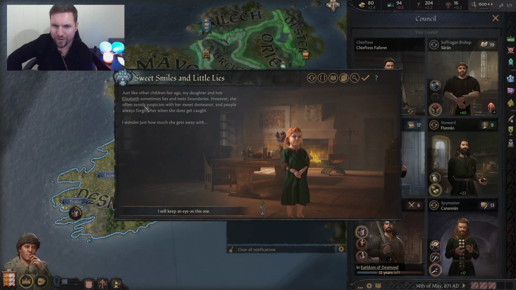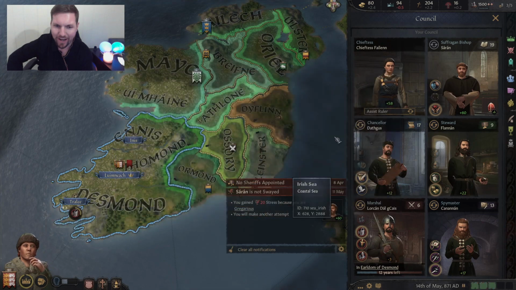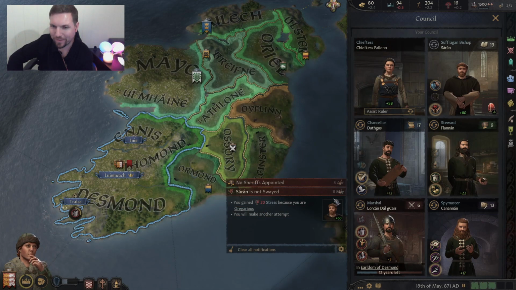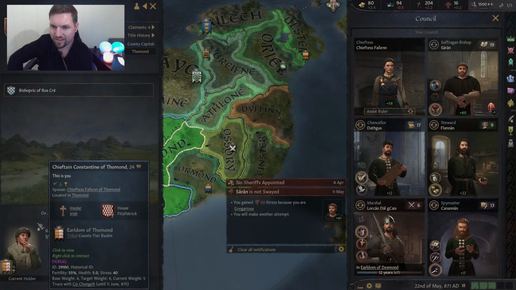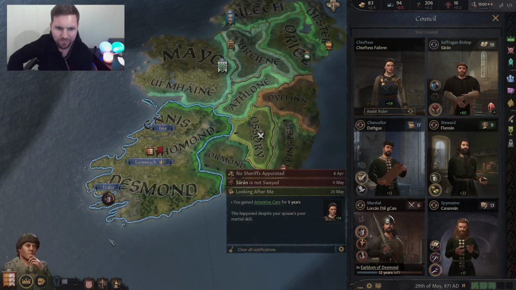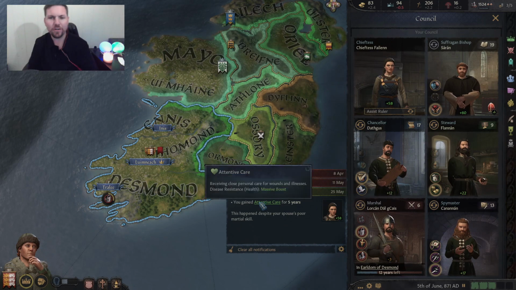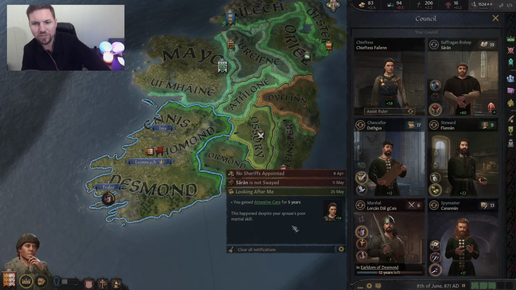Just like all children her age, Elizabeth sometimes lies and tests boundaries. And keep an eye on that one, charming little lady. I have no sheriffs appointed. Not quite sure how to appoint sheriffs. I'm sure that that's something that I'm supposed to get, but...